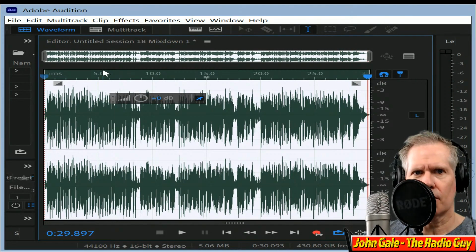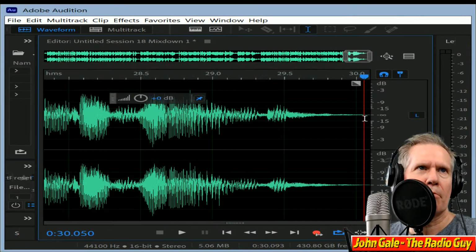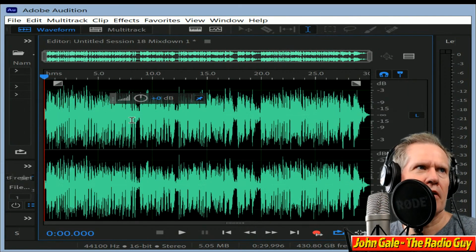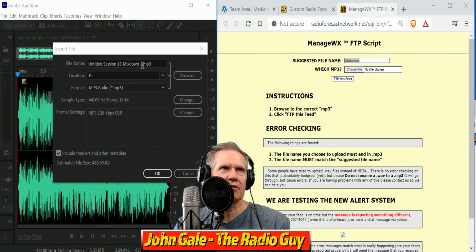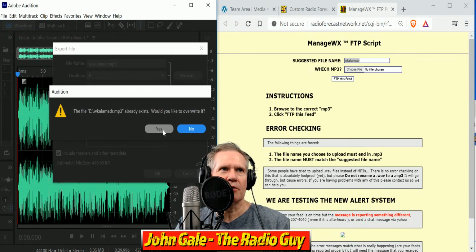All right, that looks good there. We're just going to trim up a little fade out there on the end, and also there's some dead air on the front. We're going to trim it nice and tight. Now we can export that file, which there is a shortcut to do that in Adobe Audition Creative Suites 2020. Control-Shift-E brings up that window. Now we're ready to send this on its way to my E drive,